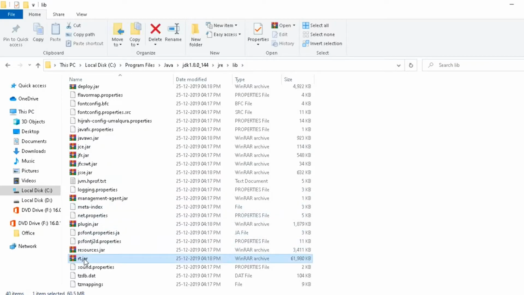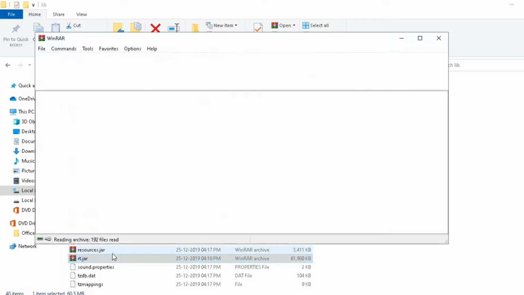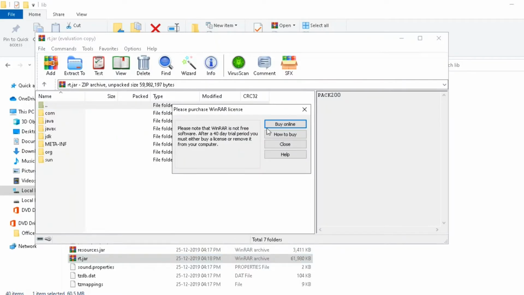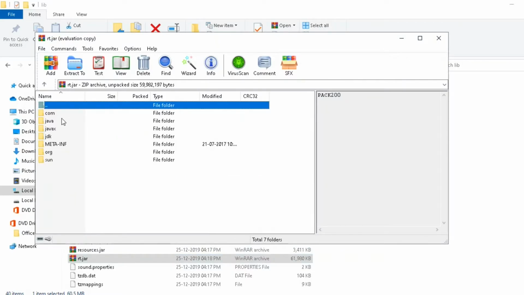If we have installed a software called WinRAR, then we can directly open it and show the content inside it. We have different types of folders here, and all these folders contain different Java files. If you want to see the Thread class and String class, here we can see we have applet.